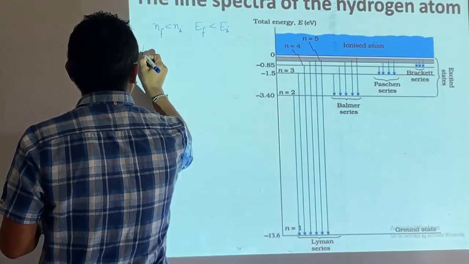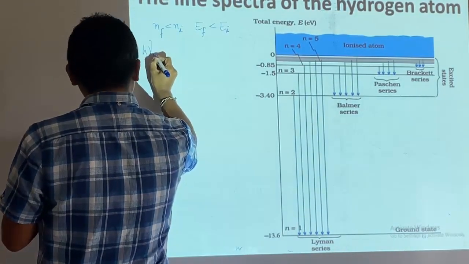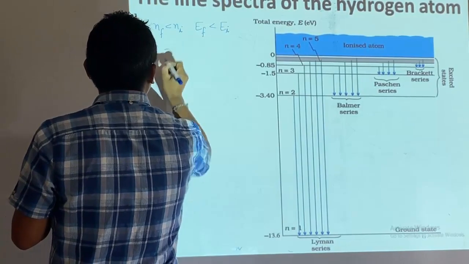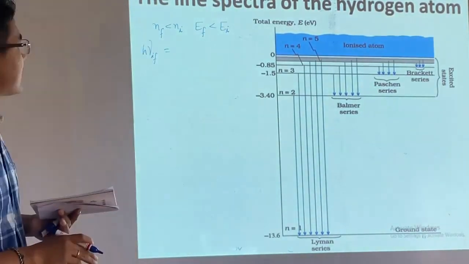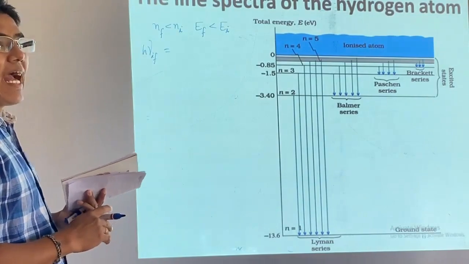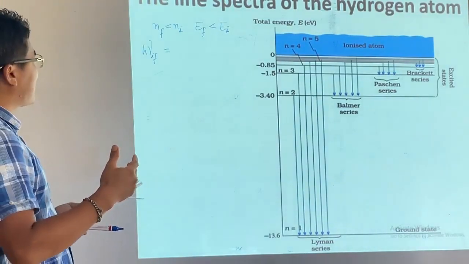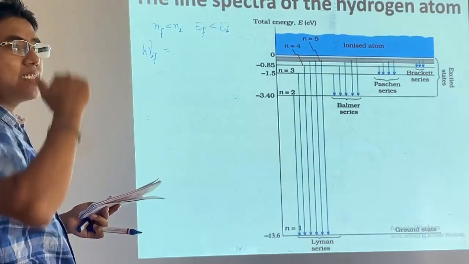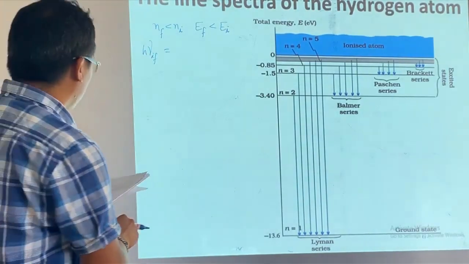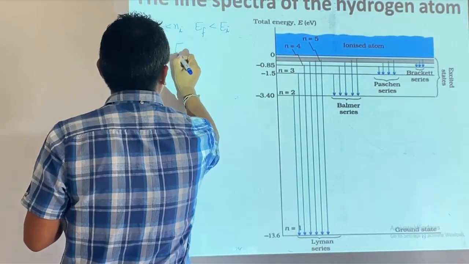The frequency of photons, this is the frequency of photons released when an electron undergoes a transition from the initial energy level to the final energy level. So that is equal to